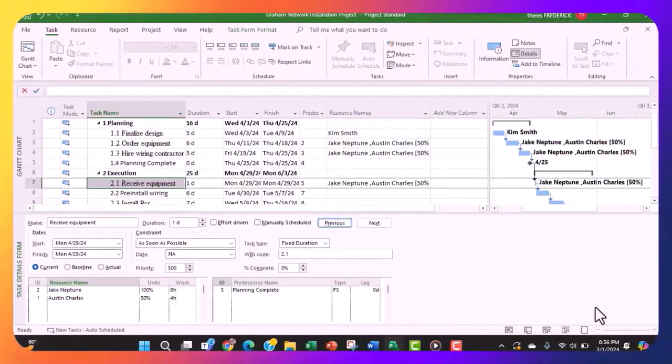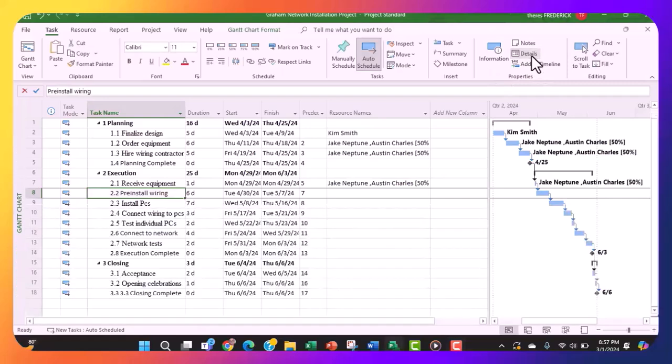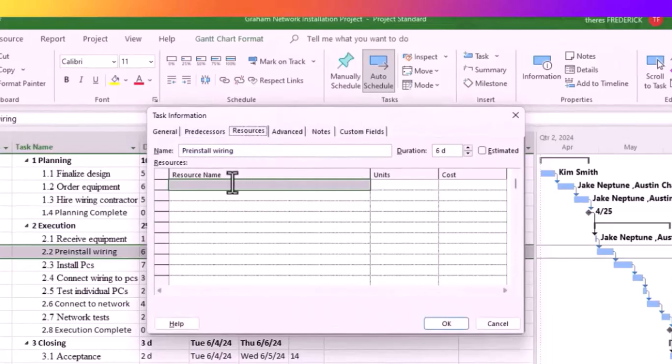Let's use another method. To come out of the split view, you just go up to Details and you click and it will return to the Gantt chart view. So now we are in pre-install wiring. We're going to double click and bring up the task information form. We go into resources. Resource name, who are we looking for? It's pre-install wiring. Pre-install wiring is the contractor,